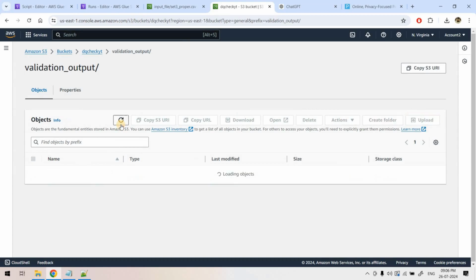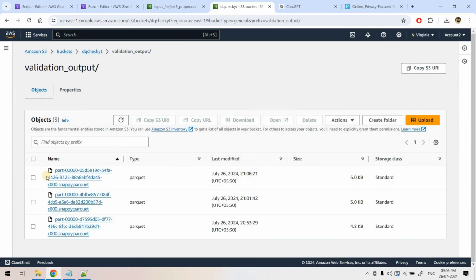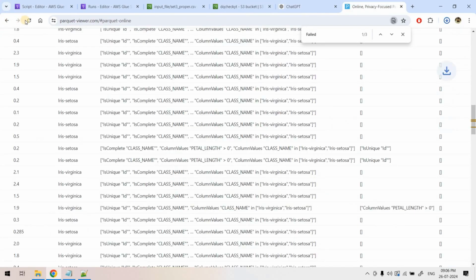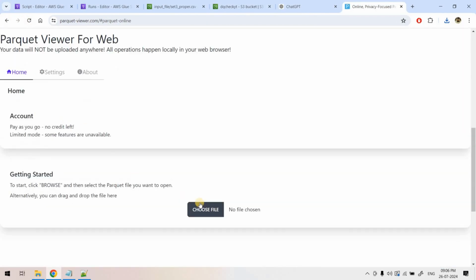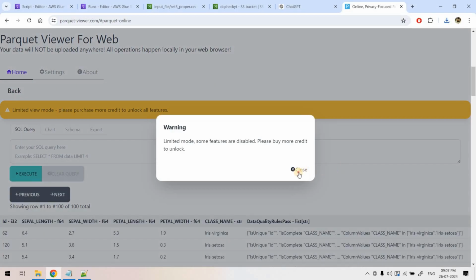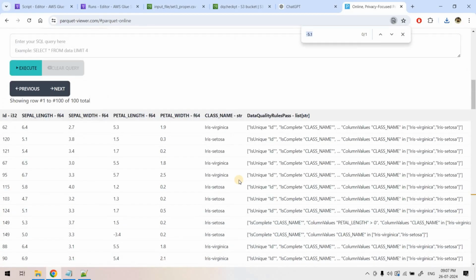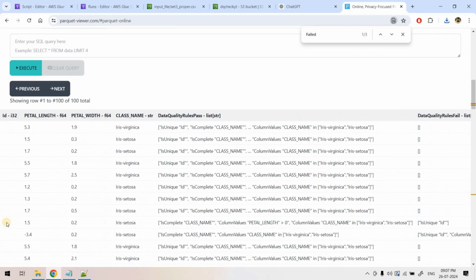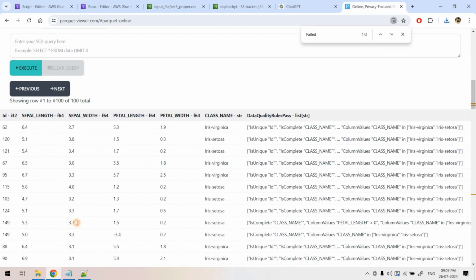Now here we can go back to the output location, and this is the latest file. So I will download this one, and then I will go to the online PyDeequ viewer. I will refresh the screen, and I will choose the latest file, and I'll close this, and then here I will search with failed. Okay, right? So here you can see that this particular row 149 failed due to only a uniqueness issue